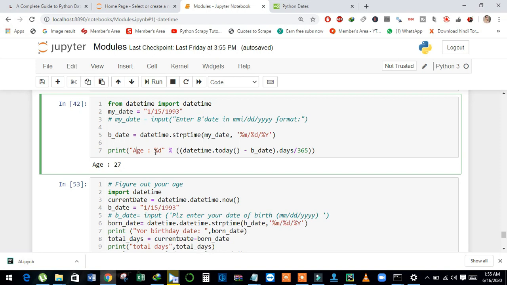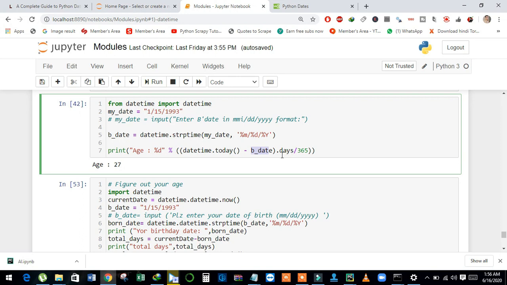It will print the value as an integer. And then using percentage, I will calculate the value of the date. First, I fetch the current date and then minus the birth date and then dot days.